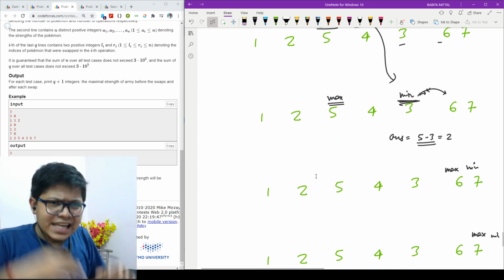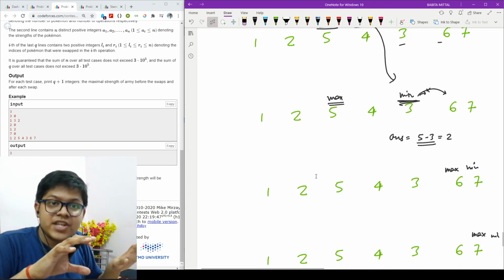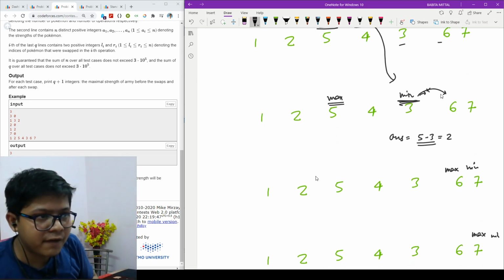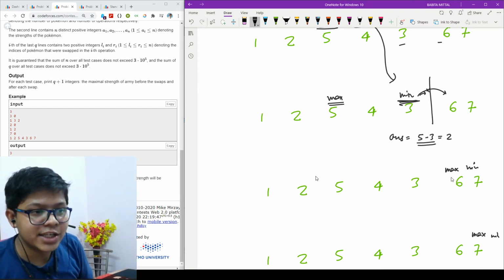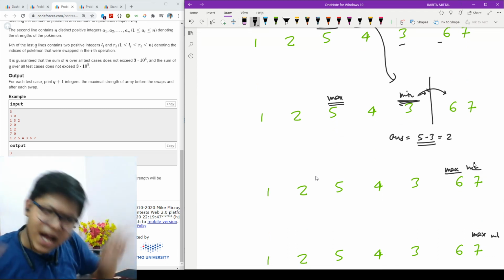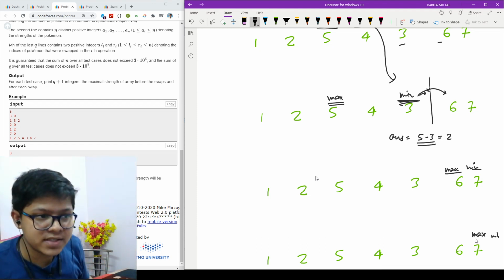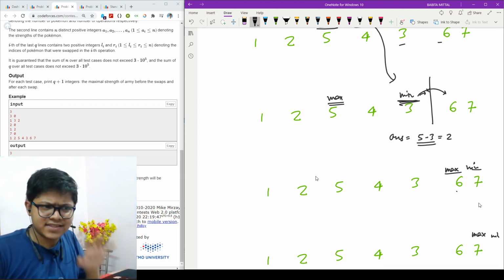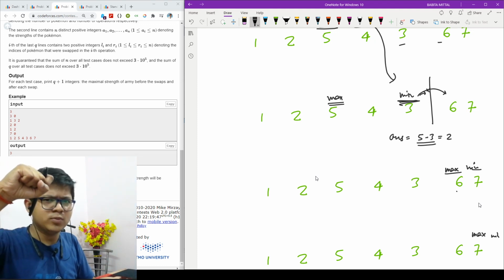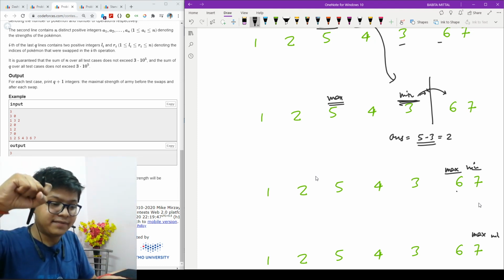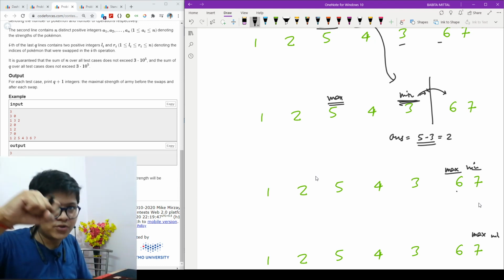Now very fine. Now my maximum and minimum location will be changed to the next, which means after this I will have my new maximum and minimum. I will repeat the same procedure until I go out of my array. I can see that my max is less and minimum is more. I need to move, and as I said, when my min moves, my max also moves. So my max and min move.